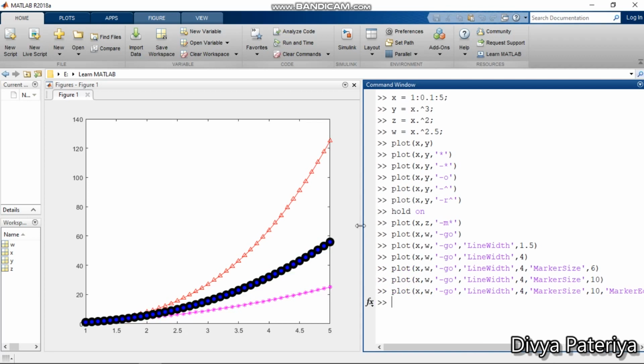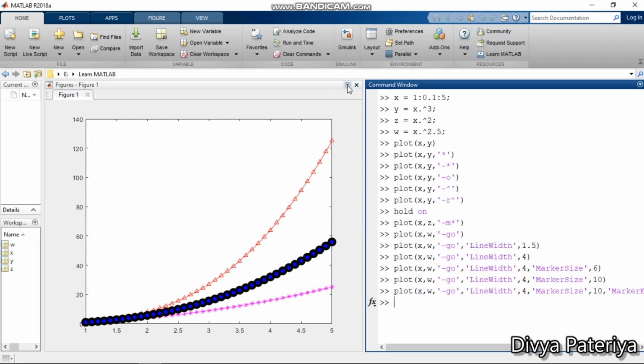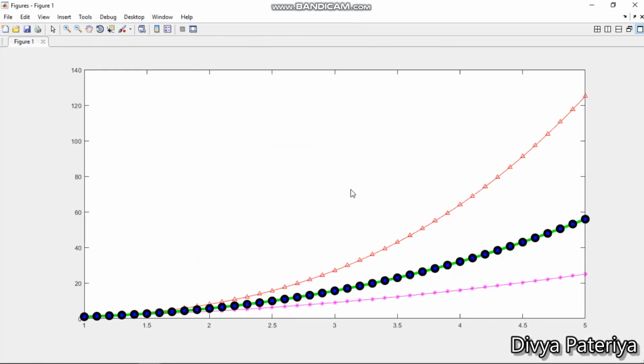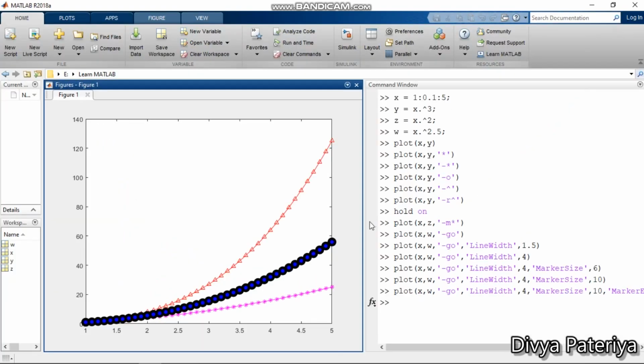What exactly has happened here? Okay, let us go line by line. If I make it bigger, we will be able to see we have a green line, and this O that we wrote now has a black boundary. Inside, the filling is in blue color. So how did that exactly happen?